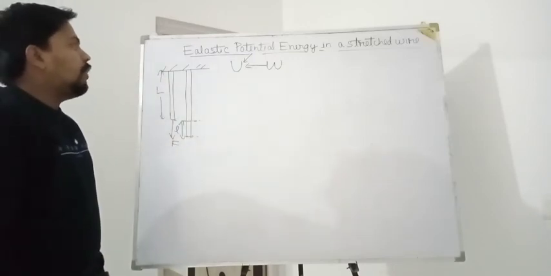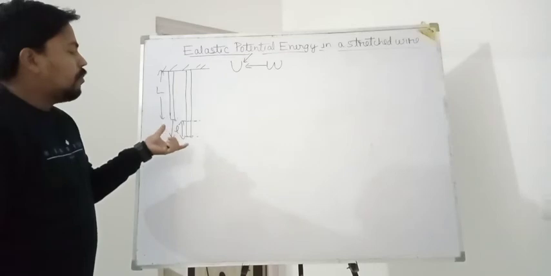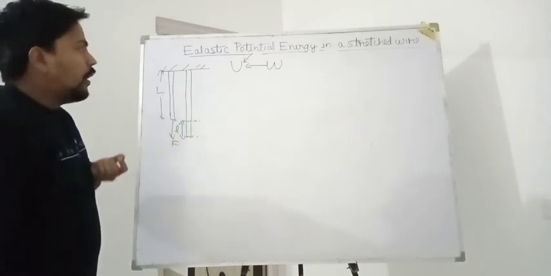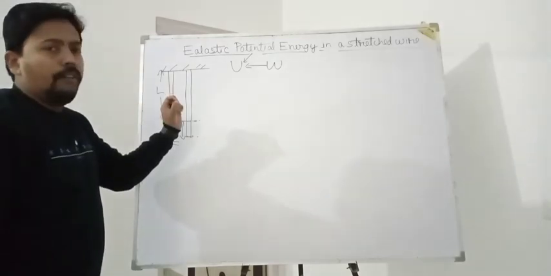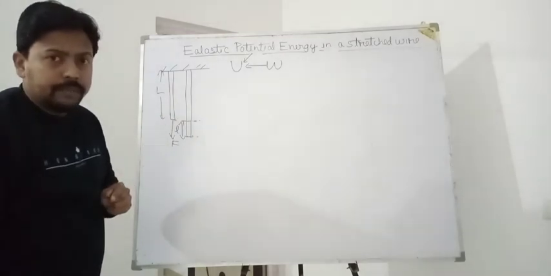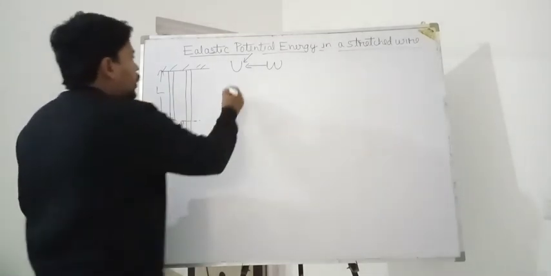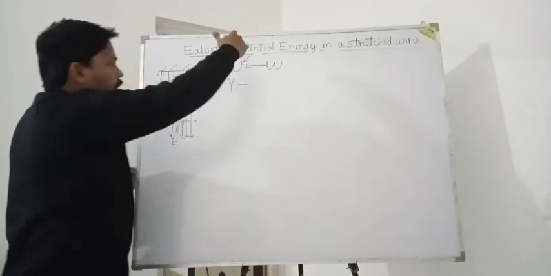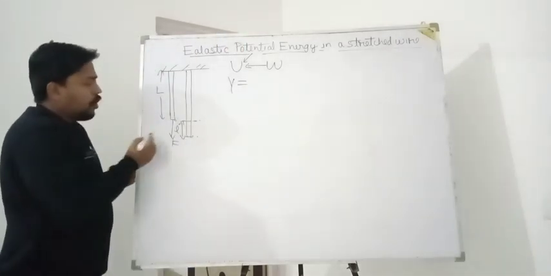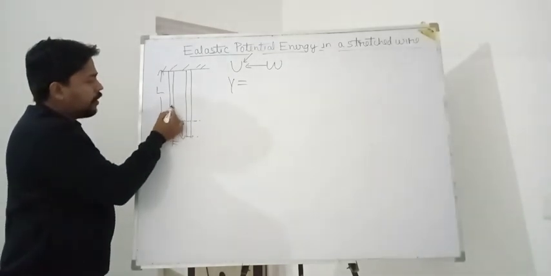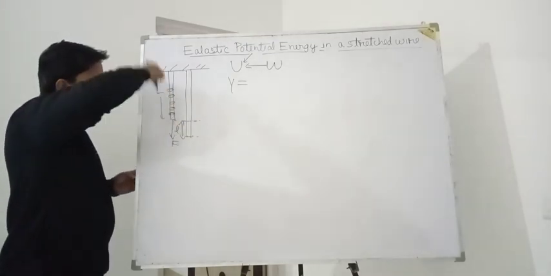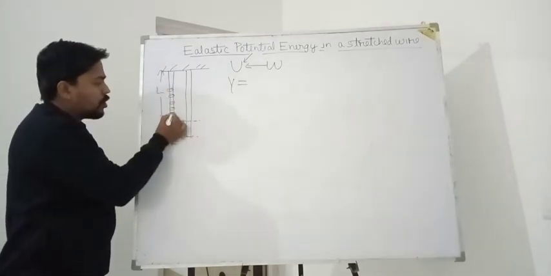So in this case, you can see that there is some longitudinal extension. I am neglecting the lateral one. So according to the concept of modulus of elasticity, we talk about Young modulus. What is Young modulus? Young modulus is longitudinal stress to the longitudinal strain. That means I am applying this force on a cross-sectional area. Let us say this has a uniform cross-sectional area, and this force is acting perpendicular to this cross-sectional area,